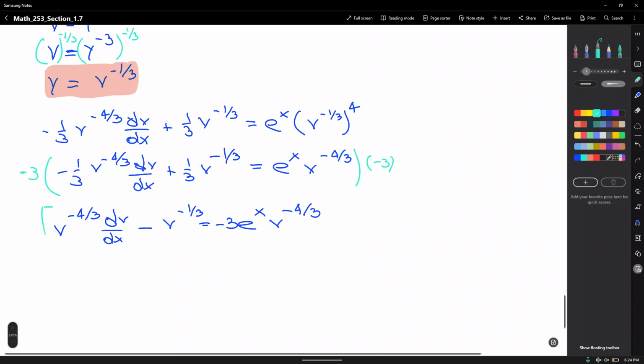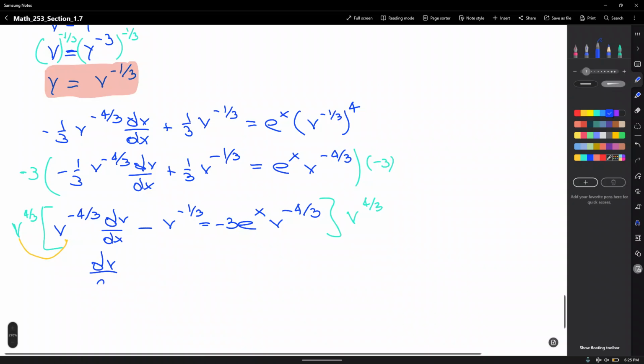Okay. So that is v to the 4/3 multiplied by v to the 4/3. Okay. So when distributing, v to the 4/3 times v to the negative 4/3, they add up to v to the 0, which is 1. That leaves us with dv dx minus,